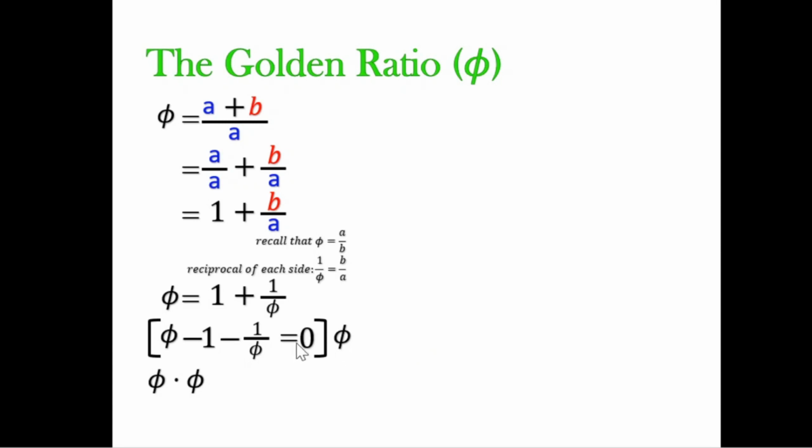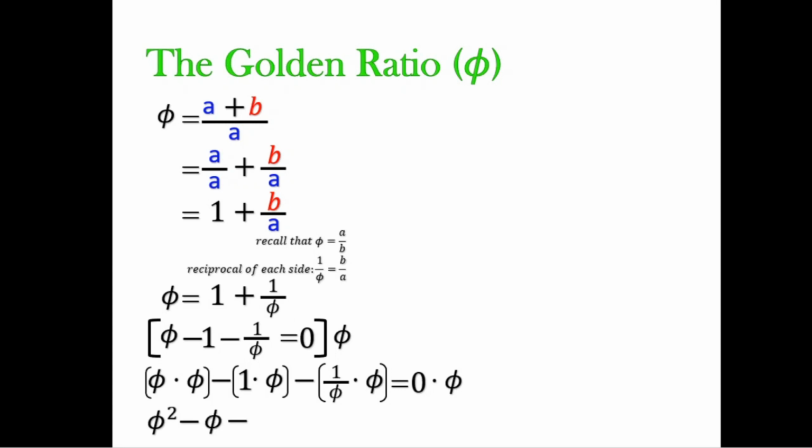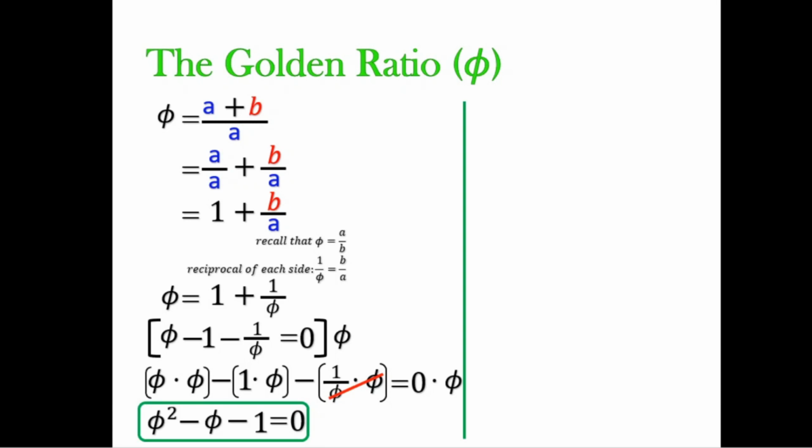So first, we have phi times phi. Next in line to be multiplied is negative 1 and phi. And then, the reason why we're doing this, we multiply 1 over phi by phi. Of course, 0 times phi is still 0. We multiply the first term, phi times phi; it's like x times x equals x squared. Phi times phi is phi squared. 1 times any number is the same number, so 1 times phi is still phi, minus 1 over phi times phi is 1. So now we have a quadratic equation,